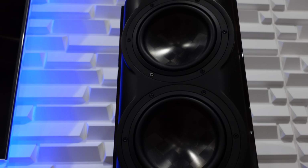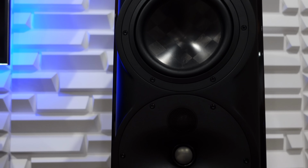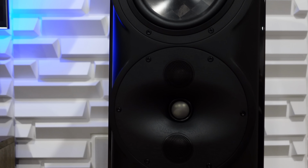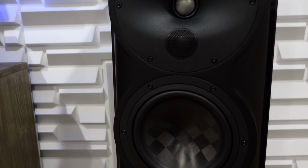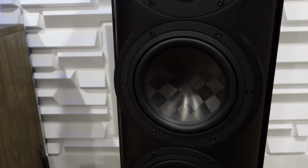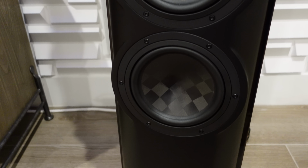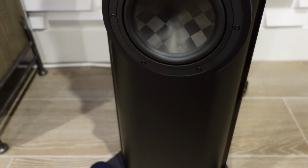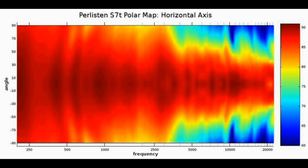high frequencies. And the way they did this array, it's kind of like an MTM, but the way they did it is they offset the mid-ranges from the tweeter. That gives it perfect time alignment at the listening position by doing this. It also, with the crossover and the way they did the waveguide on the driver array, that beam forwarding technology projects most of that sound at the listener. It narrows the dispersion vertically, but gives you a very wide dispersion laterally, so that way you get the benefit